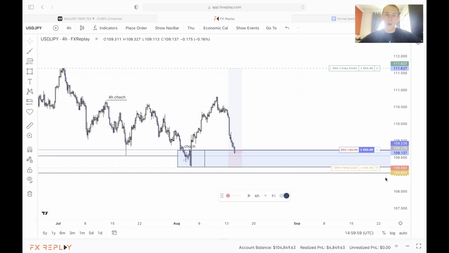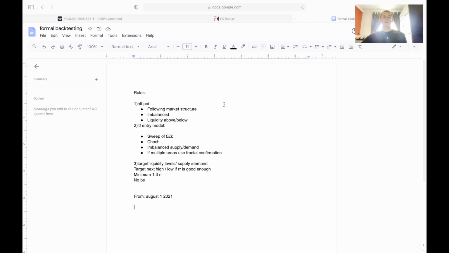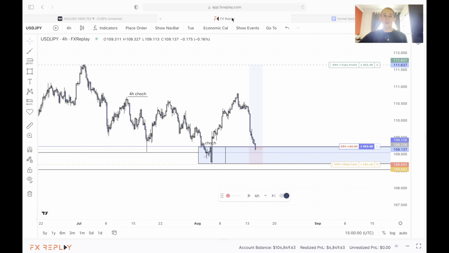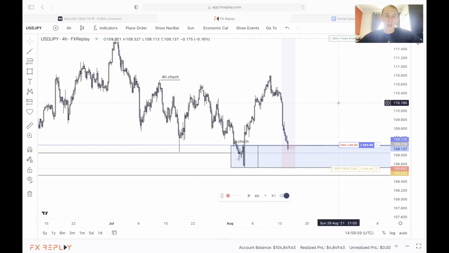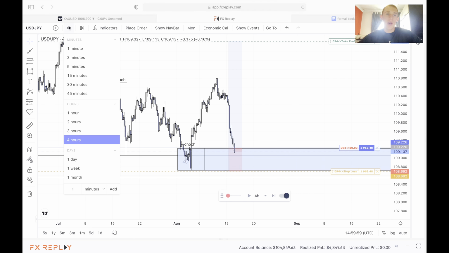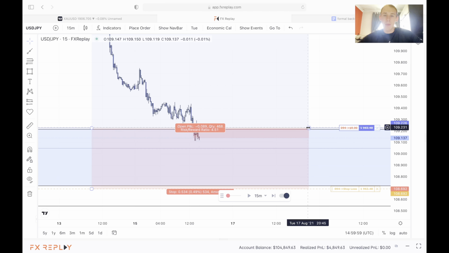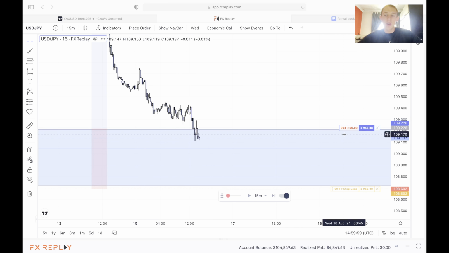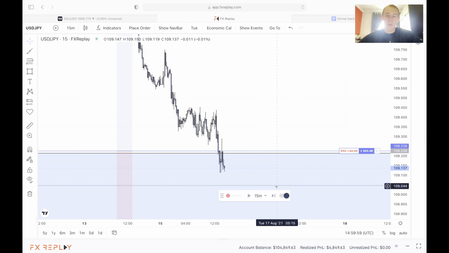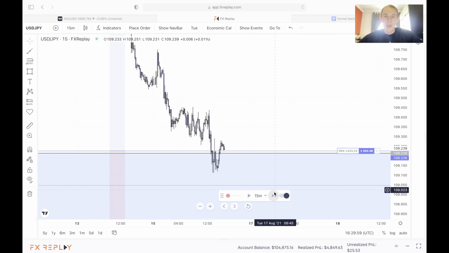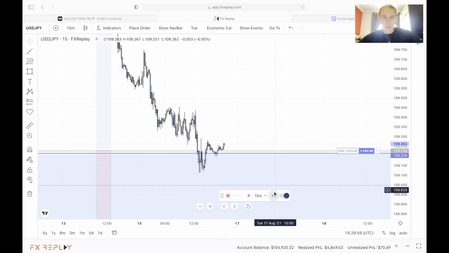So as I said before, we can also look for the fractal confirmation. At this point, we've had our main confirmation entry on the higher time frame when we had a sweep of liquidity followed by a break of this main structure. But what we can do now is go down to the lower time frames and look for a potential confirmation on the lower time frames to add to that initial position. So if we see what happens,